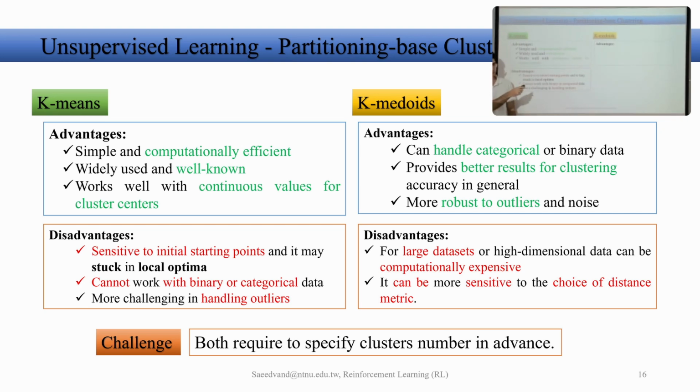For K-medoids, on the other hand, let's see the advantages. We say it can, first of all, handle categorical data or binary data, because we are choosing medoids 0, 1, 0, 1 and switching between those, and that should not be a big deal for it. It provides better results, because if you get the average, 0 and 1 becomes 0.5, then the algorithm doesn't cover that. You cannot do anything, unless you convert it to K-medoids automatically for categorical data.